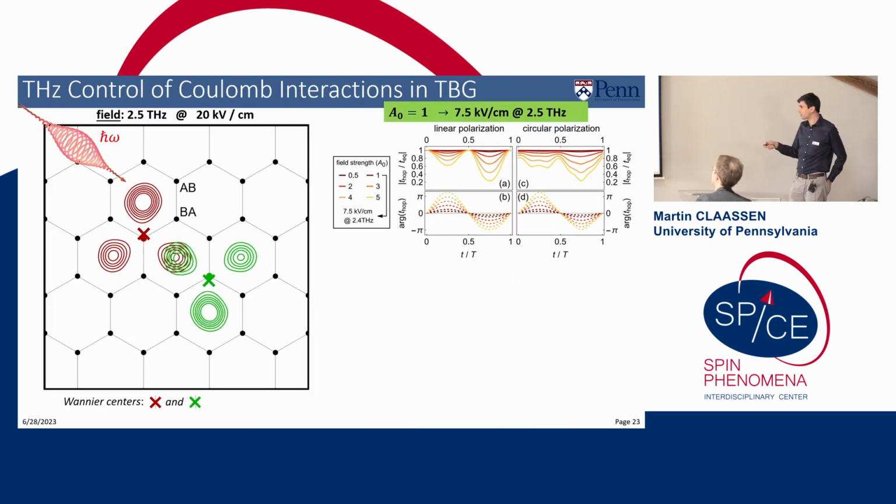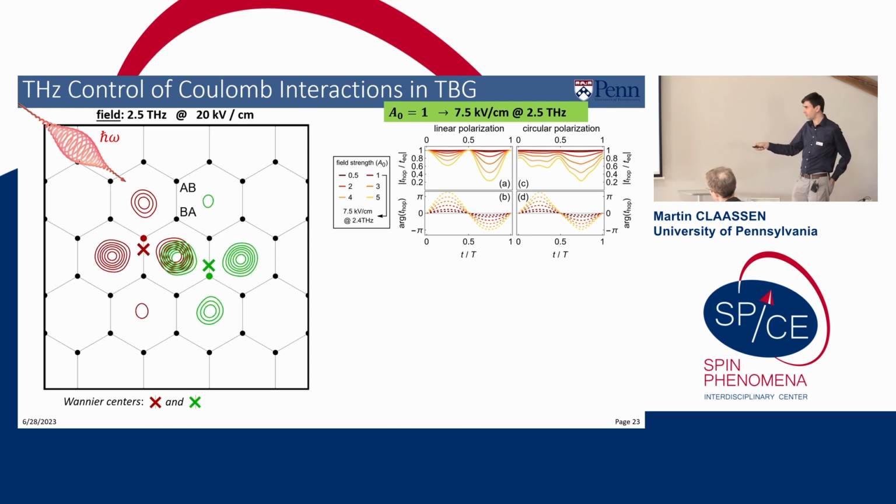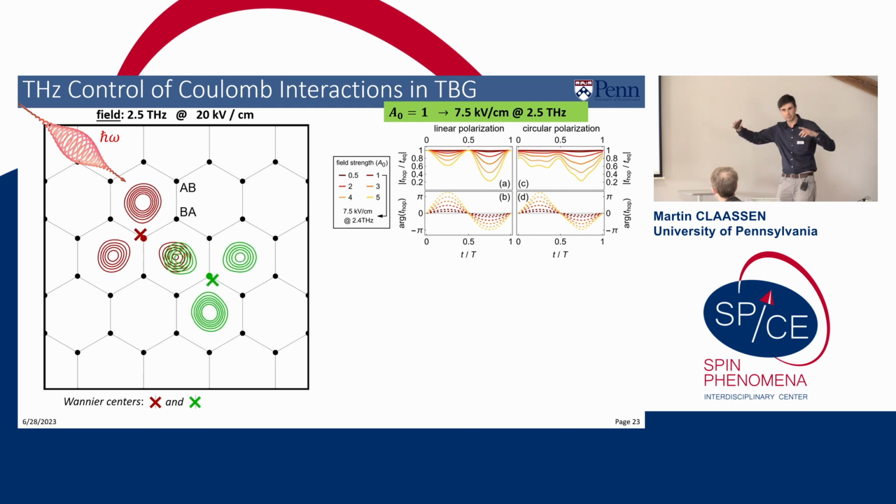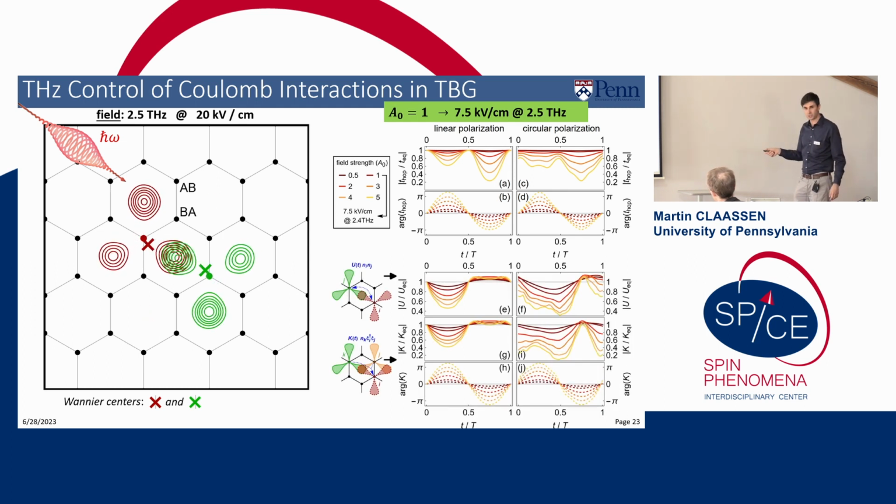Why do Coulomb interactions get changed? It is very easily seen from this animation here. This is schematically showing the overlap matrix element between neighboring electrons across different sides of a hexagon. If I now think about calculating the Coulomb interaction vertex as a function of time, not only will my kinetic hopping matrix elements start to change because my orbital deforms, and the kinetic overlap integral will change, but my Coulomb interactions will also start to oscillate. And this effect can actually dominate the low energy dynamics. So here for the largest fields, which is 35 kilovolts per centimeter, you find renormalizations of the Coulomb interaction by almost more than 50%.